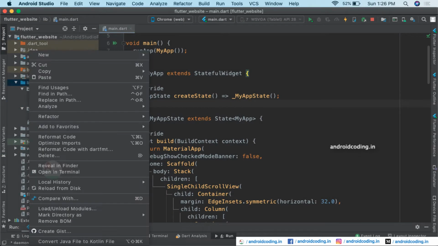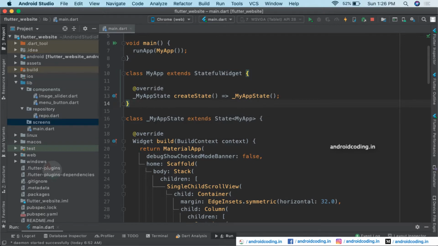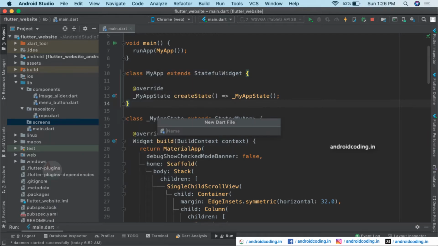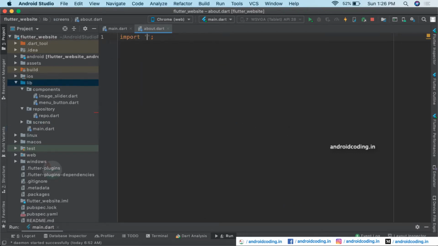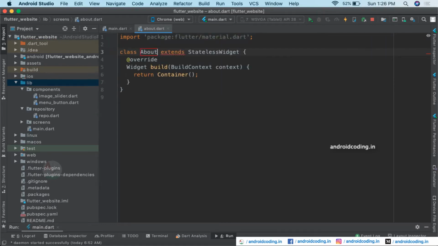So create a package here called screens, and inside which we will be creating an about screen. So inside the about screen, import the material.dart package and create a stateless widget about.